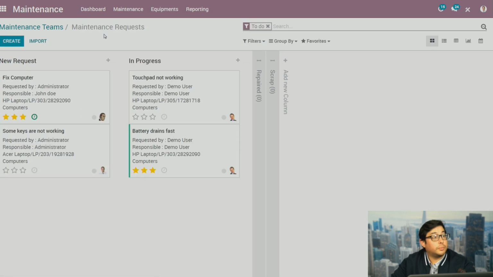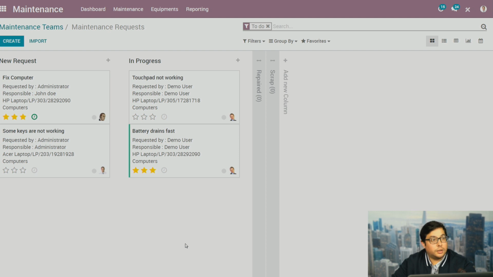So back to maintenance here. So this in our view here is, each one of these people have a photo of who's in charge of that maintenance request here. You could easily change the priority here by just clicking the stars. And notice that I have a scheduled task here. That's why that clock is green. And yeah, that's essentially how you kind of do a manual maintenance request. So from here, let's move into